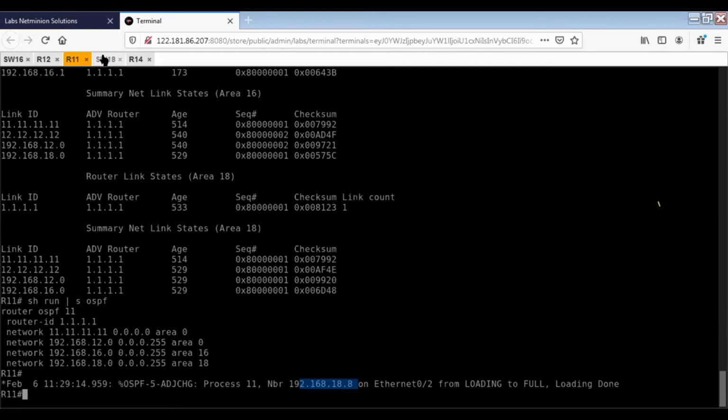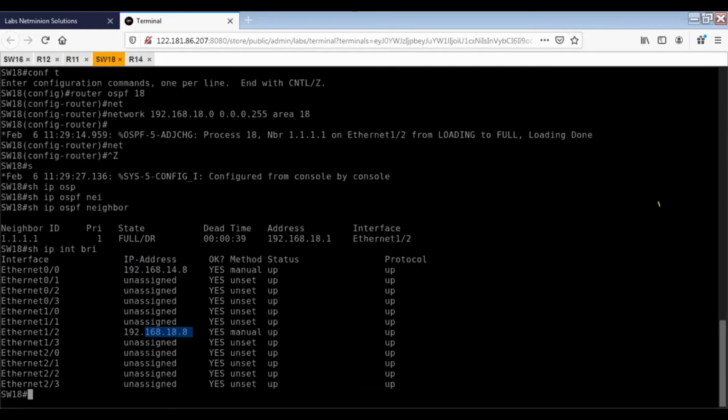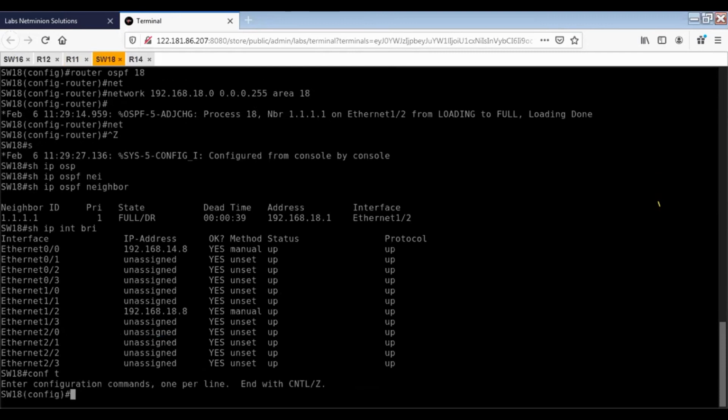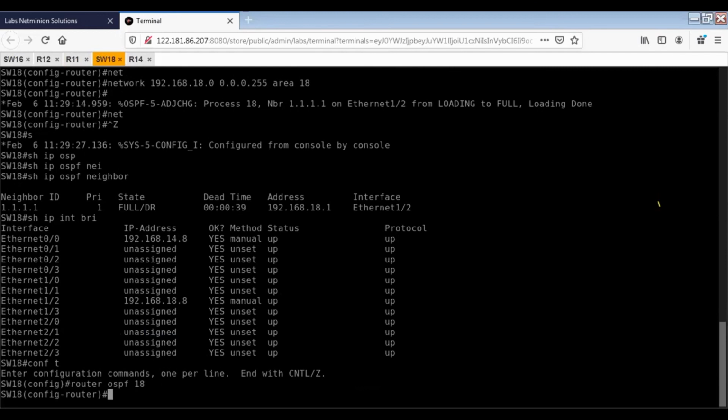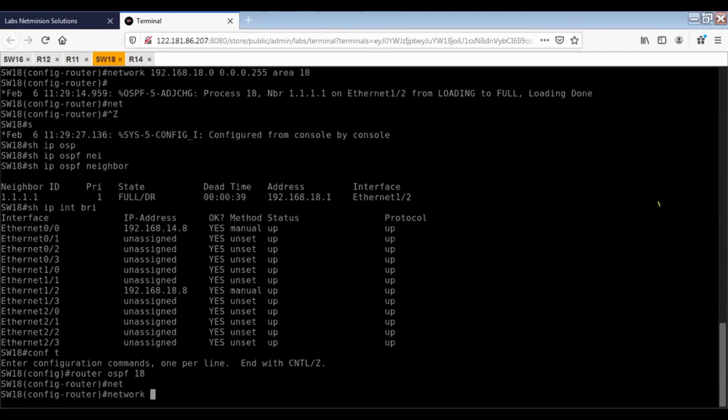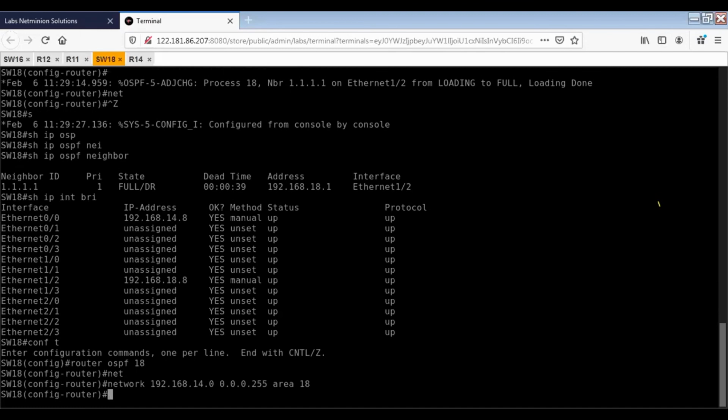Now I'll create the router OSPF 18, network 192.168.14.0 also in area 18.